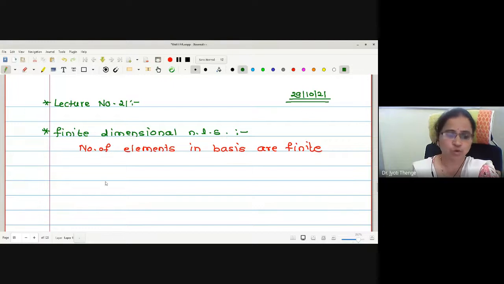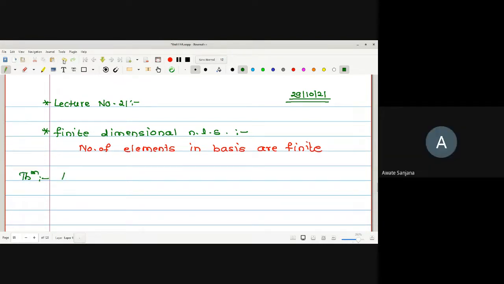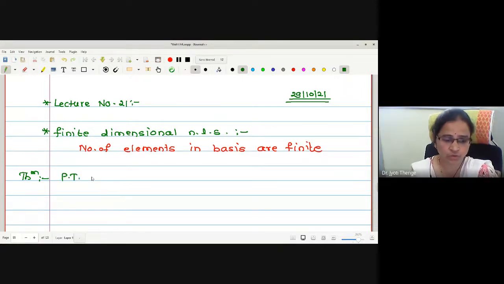Okay, let us move on to the first property. The first property says that any two n-dimensional normed linear spaces over the same scalar field are topologically isomorphic. What is topologically isomorphic? If it is linear, one-one and T and T inverse are continuous. Yes. Now we are going to prove that any two n-dimensional